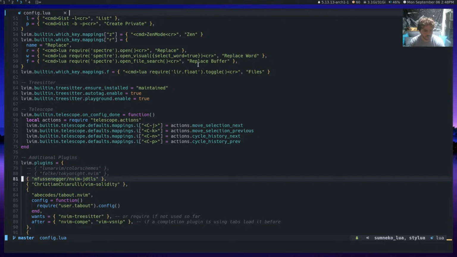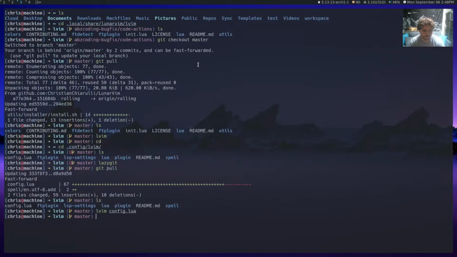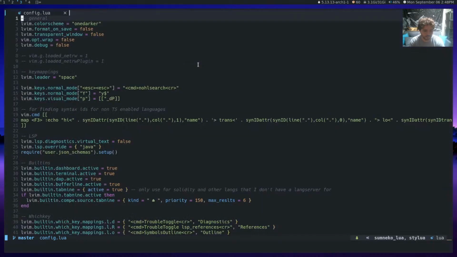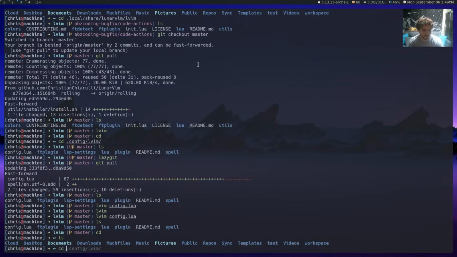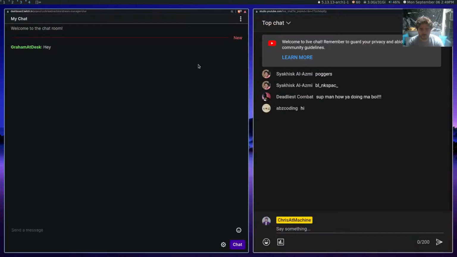No, it's not that. Maybe if I compile again. What the hell? I don't know why my Lua line looks like that. I'm not happy about it, but I don't know what happened to make that happen. So I'll look into that later, because it's not happening on my other machine. If I do packer compile. That's really weird. All right.